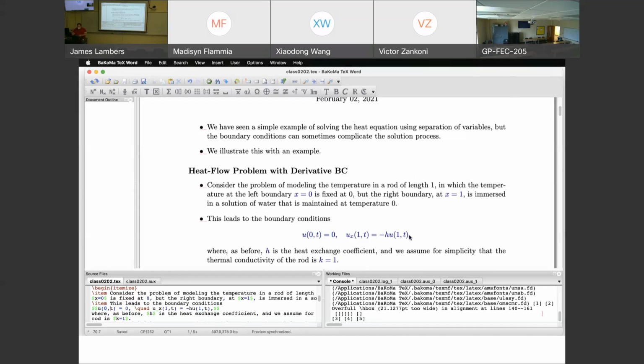Now, the way that was written before was that on the left side of the equation, what you have is the outward flux. And then on the right side, you would have the constant h times the difference between the temperature in the rod and the surrounding temperature, which in this case is also 0. We also have a coefficient of k that would normally go in front of this u_x here, but here we're assuming k is equal to 1. So if you look back at,